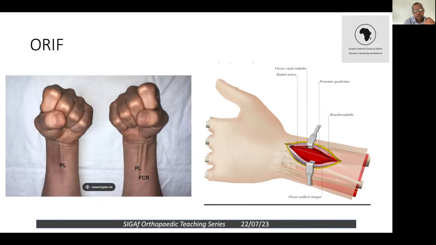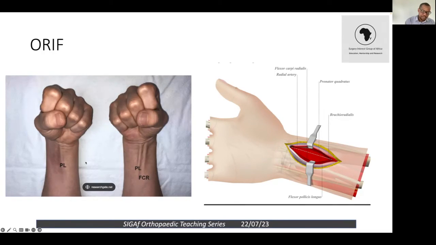And then if you're going to do an open reduction and internal fixation, I know previously people have described the Henry's approach, but what we tend to do now is the FCR approach, which is the flexor carpi radialis tendon. So you try and make an incision just above that. So I think, as you can see on this